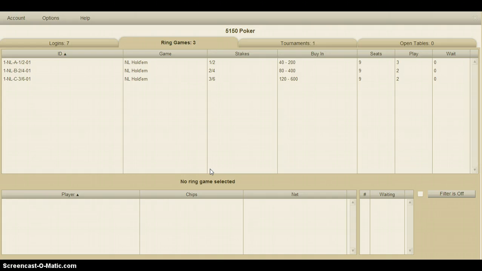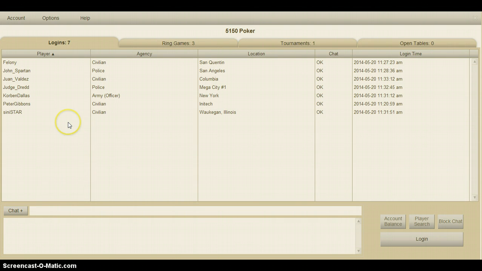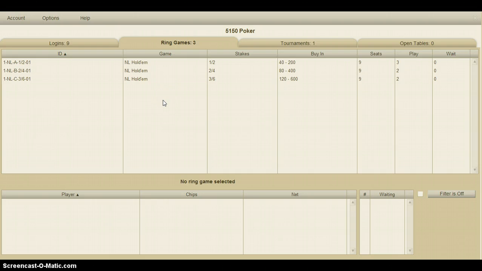5150 Poker is the owner of this particular lobby here, and as you can see they have 7 logins, so that means there's 7 people actually here online now. They've got 3 ring games set up. They've got their Texas Hold'em no limit games that are set up. There are different stakes that are here. Their buy-in amounts, the number of seats per table, and then how many players that are there, and if there were more players than seats available, they'd have a